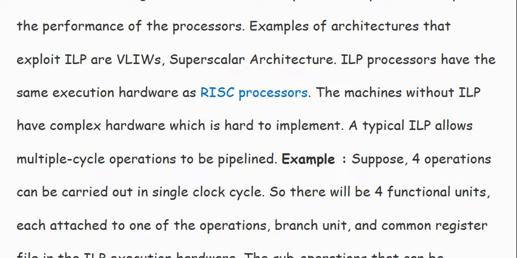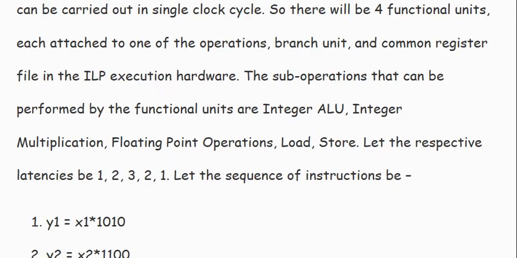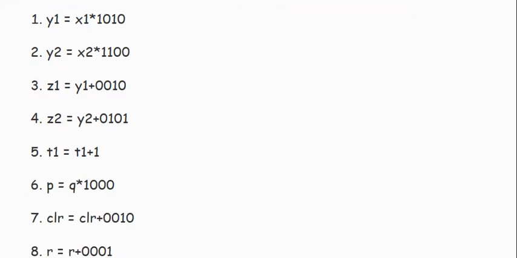Example: suppose 4 operations can be carried out in a single clock cycle. So there will be 4 functional units, each attached to one of the operations, a branch unit, and a common register file in the ILP execution hardware. The sub-operations that can be performed by the functional units are integer ALU, integer multiplication, floating point operations, load, store. Let the respective latencies be 1, 2, 3, 2, 1. Let the sequence of instructions be